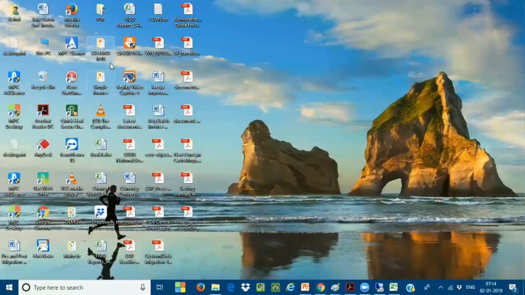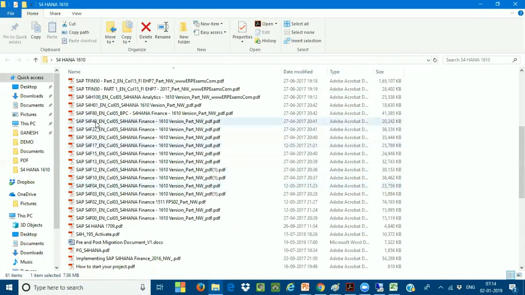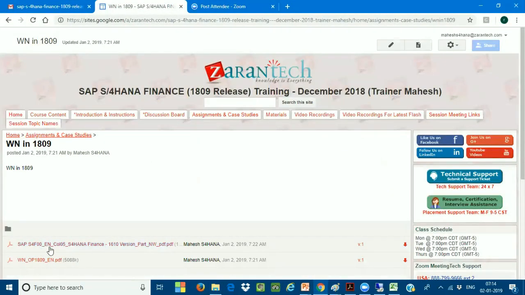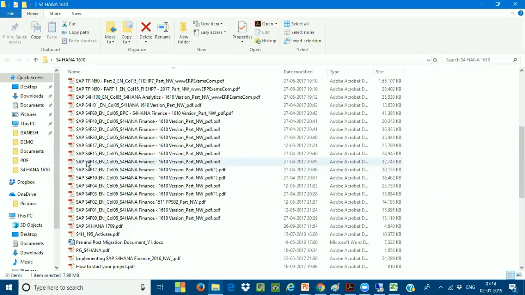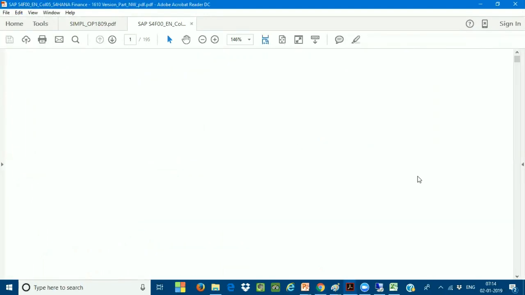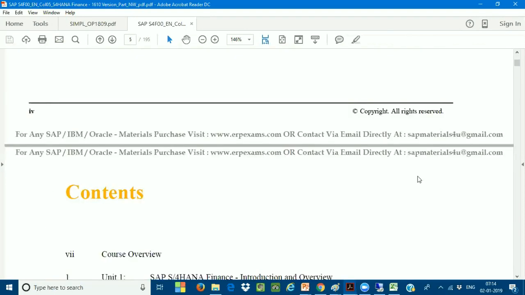I'll explain the concept of this book. If we go into this book, I have actually given you more information about it. This book is very, very important for us. I'll give you all the books, not to worry, but one by one, so that it will be easy for you to understand. S4F00. This is the book I have given you. This is a certification book. You will get the latest books in your blogs, so you can get all the latest books in your blog.